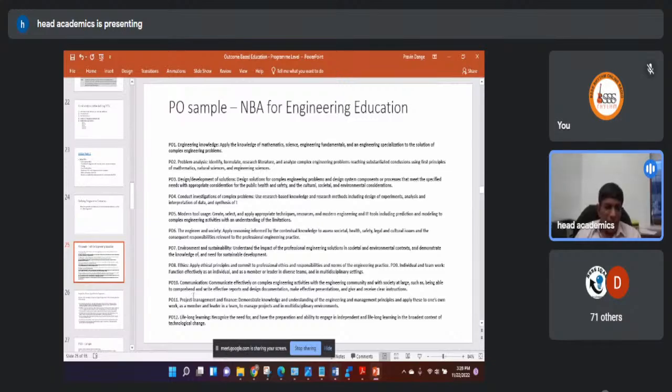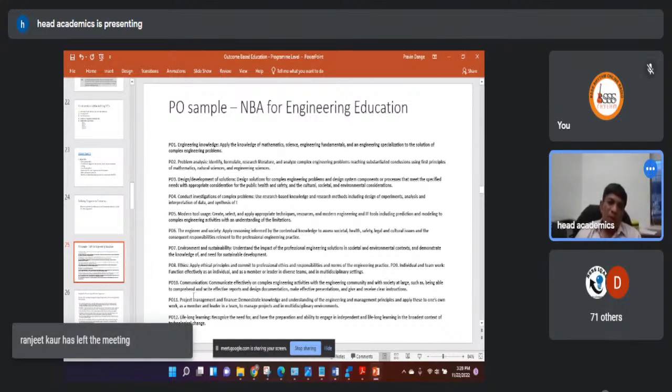What they say is, the engineering colleges are different, the context is different. So every engineering program has to have these 12 graduate attributes as program outcomes. And in addition to that, each engineering program can have a specific set of 3-4 outcomes, which are specific to that program in the context of the program.